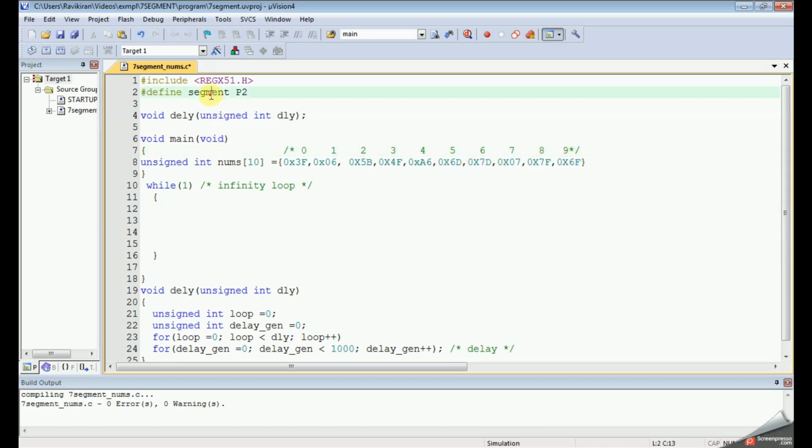So what we have to do is send these values one by one. That means we need a for loop here. For that we need a variable, which is for looping.